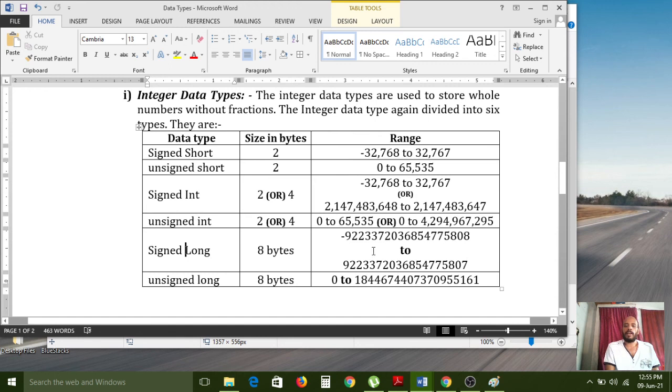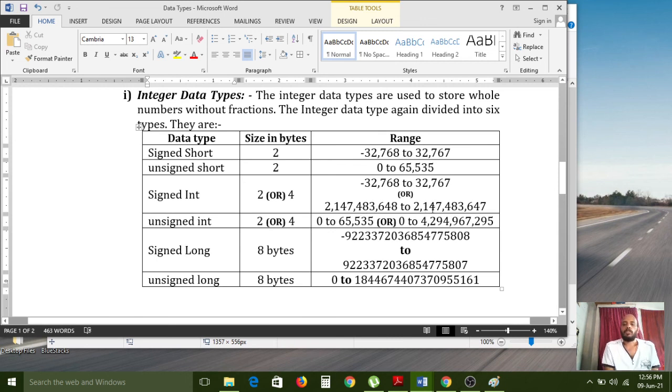So like that, these many values it can support. A signed integer with 2 bytes of memory supports the range minus 32,768 to 32,767, because that is the short range for 2 bytes. If you have a 32-bit operating system, integer also supports that same range. But if you have a 64-bit operating system, I have given one more value below: 2,147,483,648. So this much range it can support, from this number to this number.